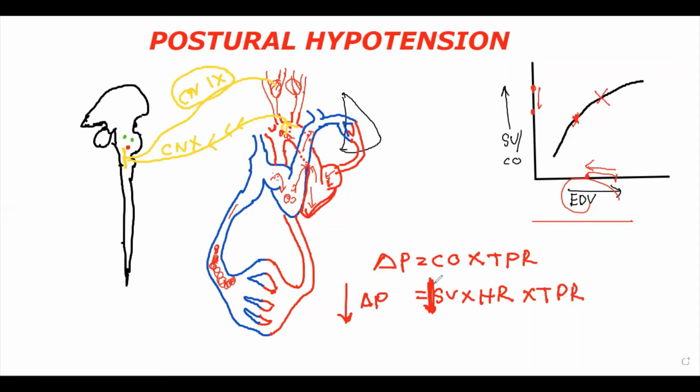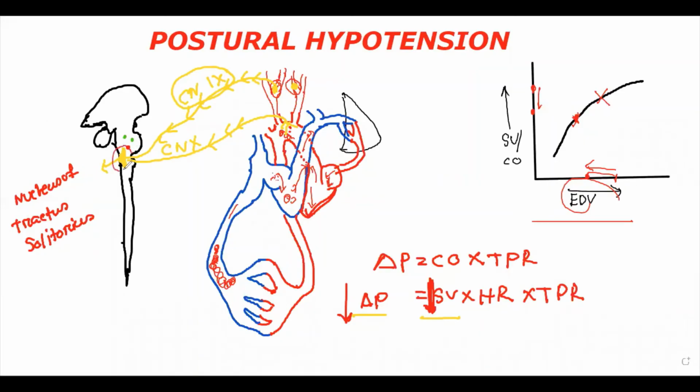So in this condition where our stroke volume has significantly decreased and our pressure has also decreased, this decreasing pressure will be mainly sensed by the carotid sinus, and this impulse will be carried by the glossopharyngeal nerve to the medulla. Here is our vasomotor signal, and there is a nucleus that I have drawn in yellow. This nucleus is called the nucleus of tractus solitarius.